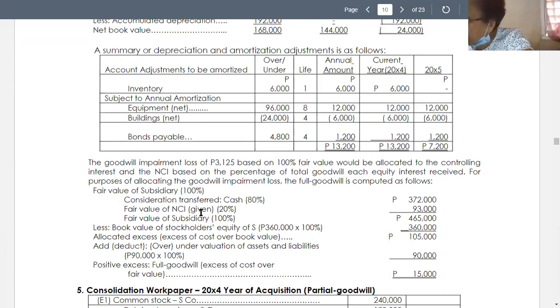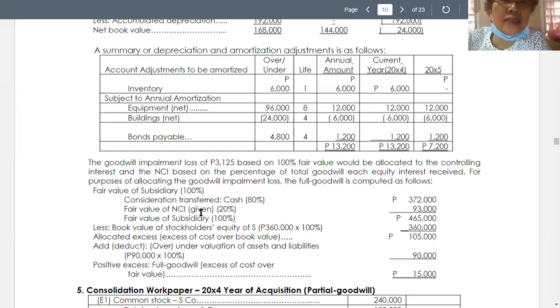288,000. That 288,000 corresponds to the equity interest acquired by P in S. We computed that earlier, and that's equivalent to 80% of the equity book value of S. And the excess is now the non-controlling interest for